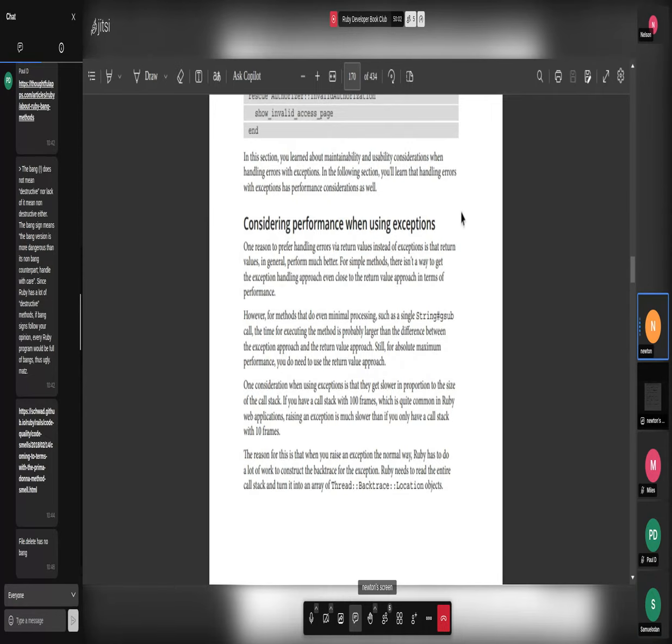So now we'll be looking at how to deal with one of the key points that the author mentioned when it comes to raising exceptions instead of return values, and that is the fact that handling errors with return values is more performant compared to handling errors with exceptions. So he goes into detail